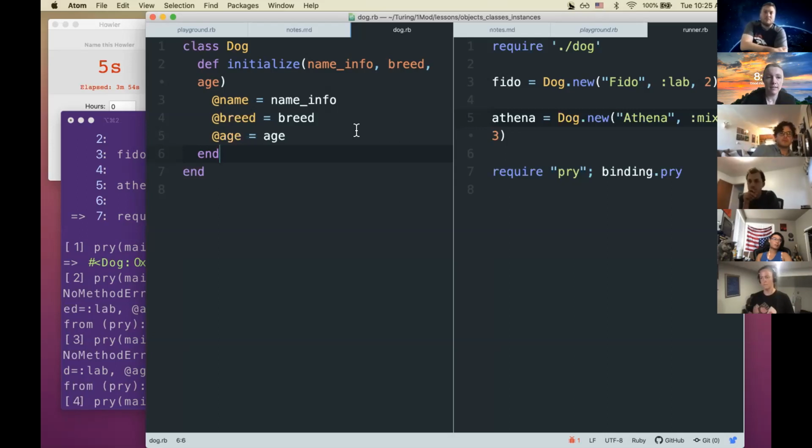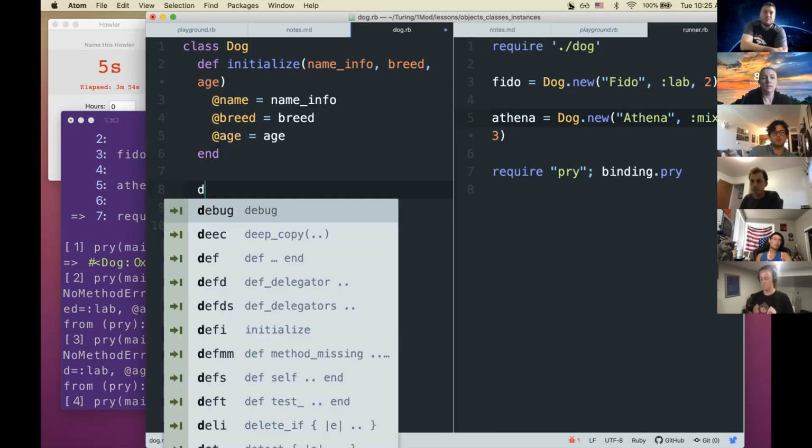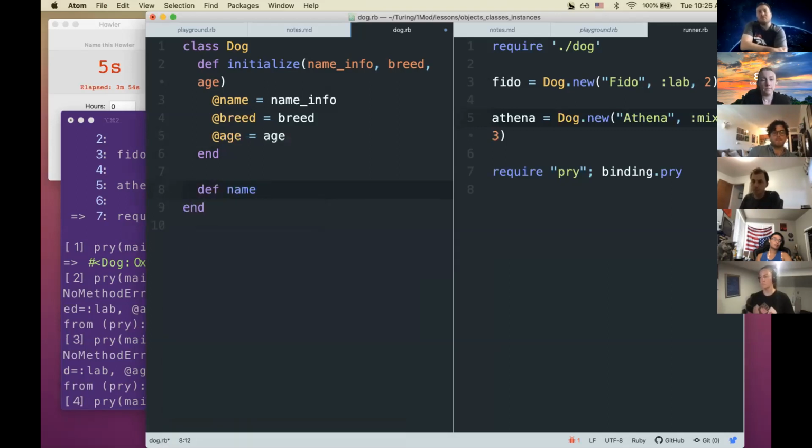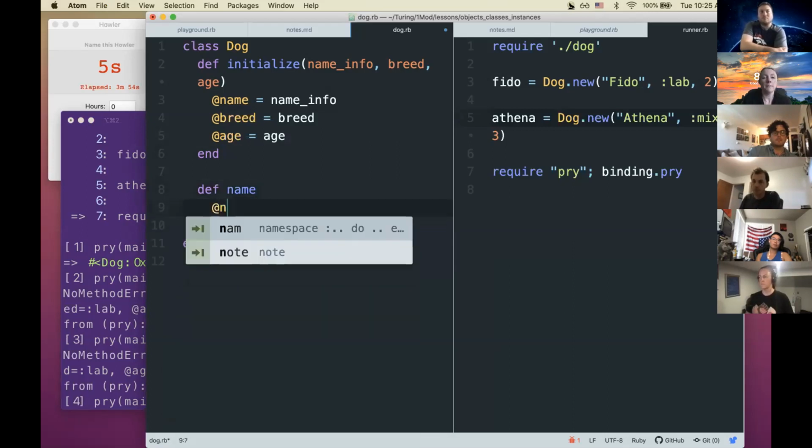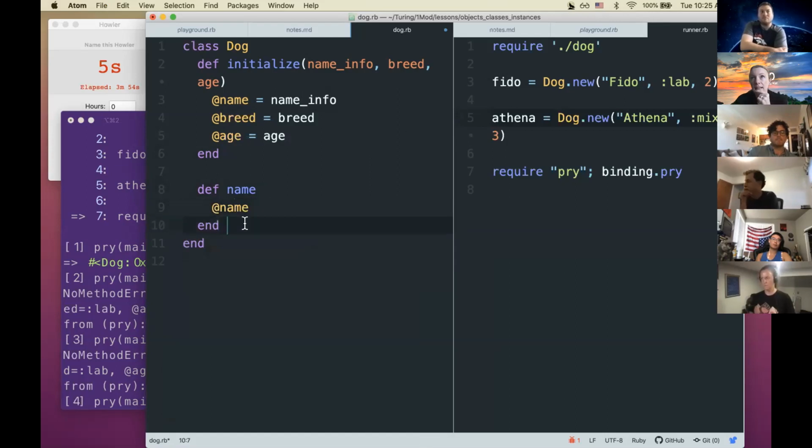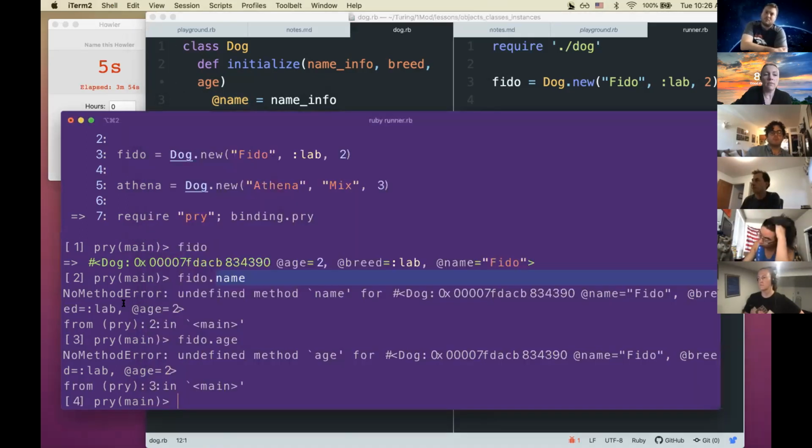Sure. You would do def name, and then the next line would be @name. Yeah, right. This is exactly right. So what we've done here is defined a method called name that I can call on one of these dog instances. The only job of this method is to look at the instance variable @name and read back the value that is stored in there. This is why we have to make these instance variables, so that other methods can see them. Okay, so now if we run this,